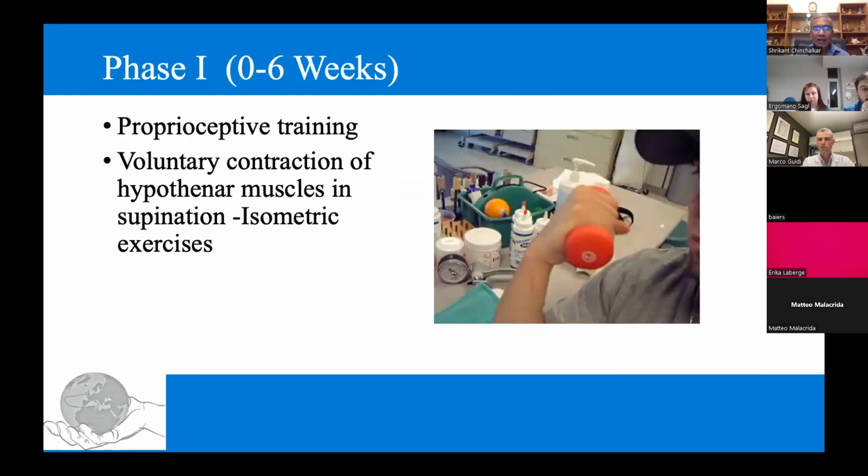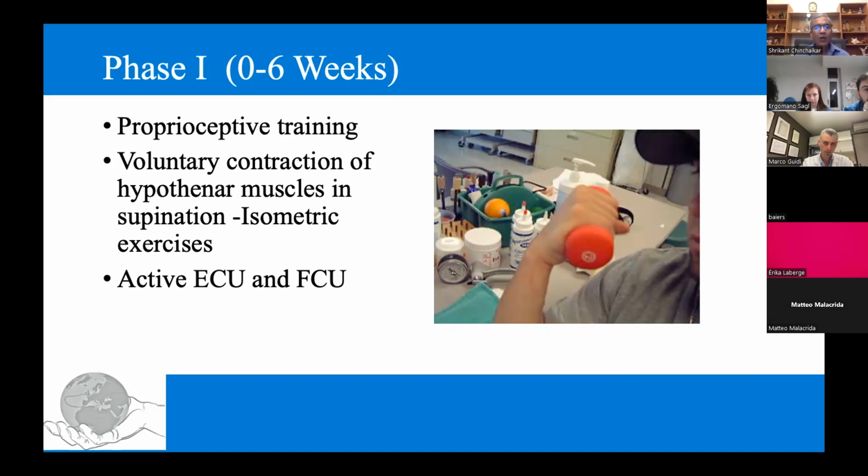So this is the reason why we use the forearm neutral, going from supination to neutral, and then from neutral to pronation, because we have seen that when the forearm is in a pronated position, this often was the real culprit in producing midcarpal instability. So our management is proprioceptive training, going from supination to mid-prone and then pronation, and our